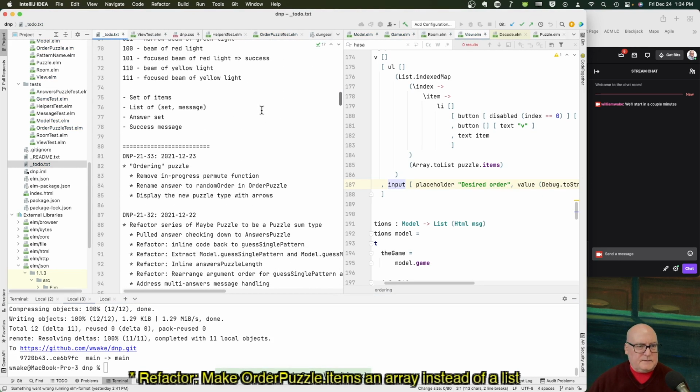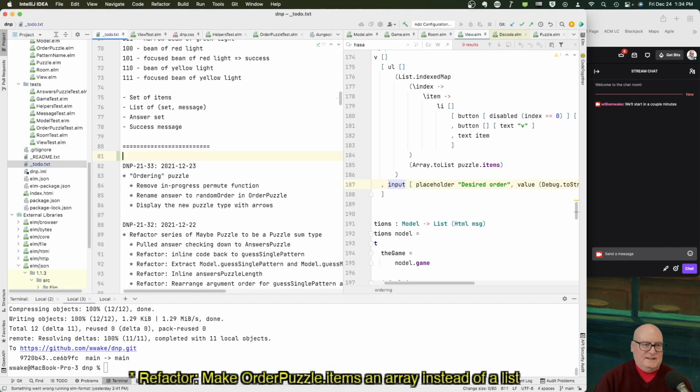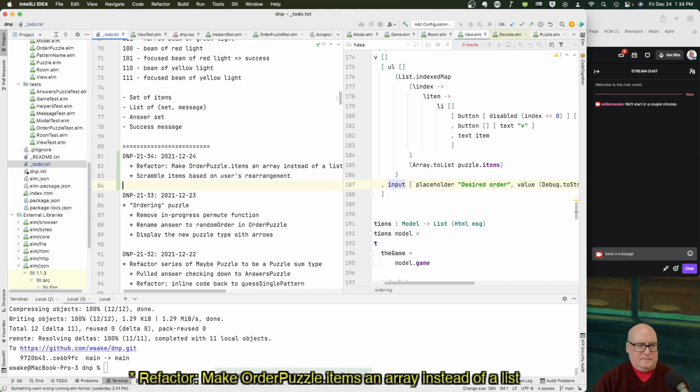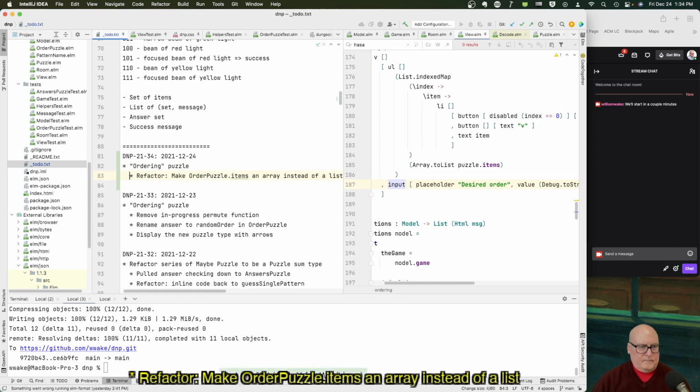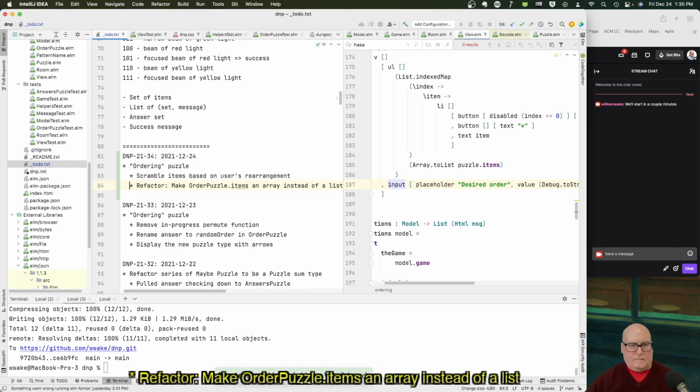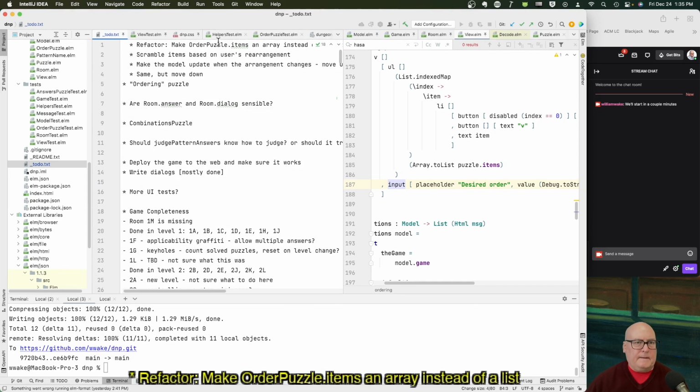Okay, and let's start keeping track of things here. DNP-21-34. And this is all part of ordering puzzle. Okay, so we did that one. All right, now